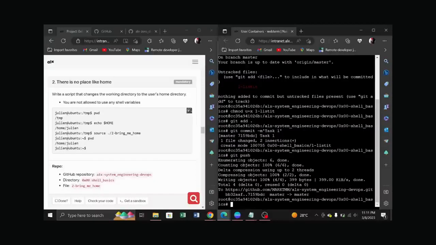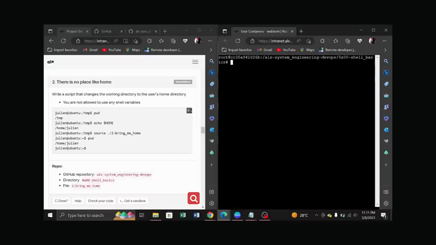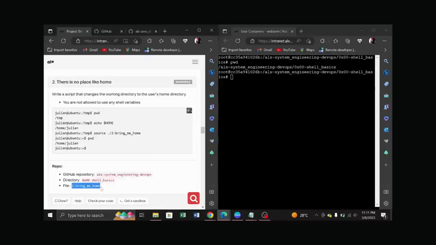So let's come here, let's clear our page so that it can become clearer. So let's do a pwd so that you can see where we are. And as you can see, we're in the shell basics folder, the shell basics directory, and here it is. So we are expected to create this file. So I will just highlight that,